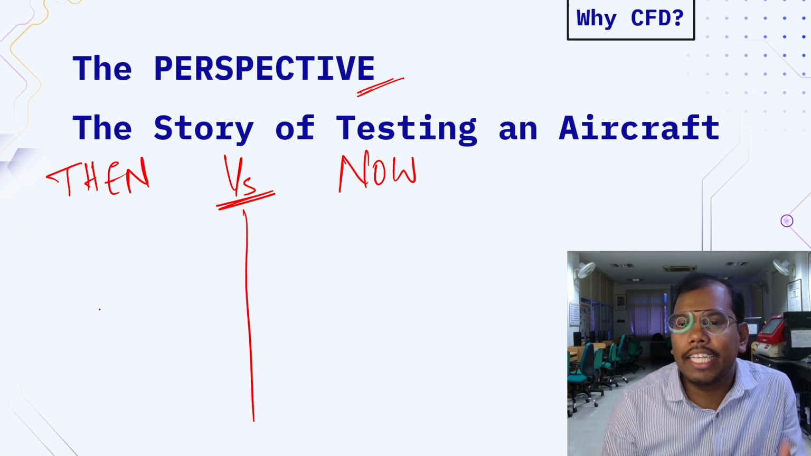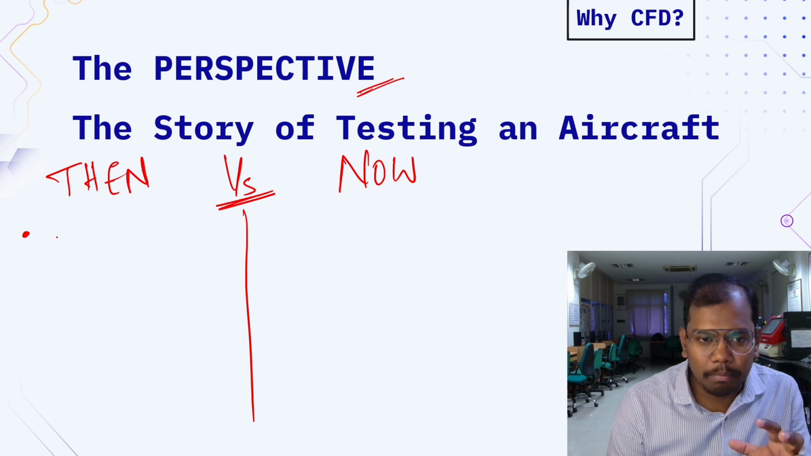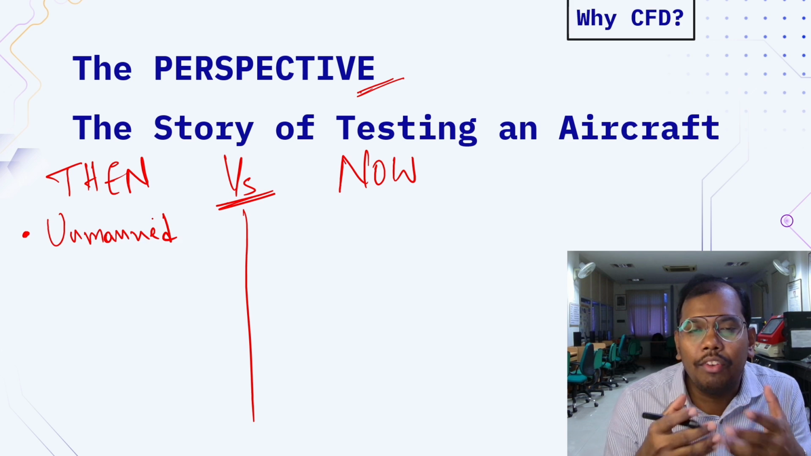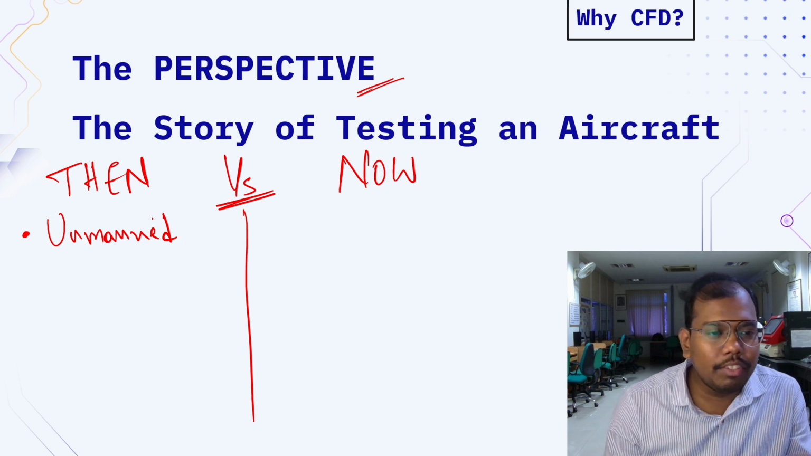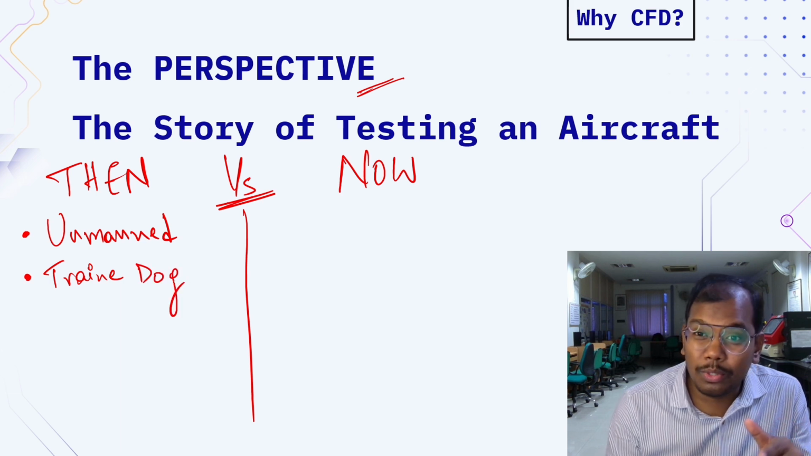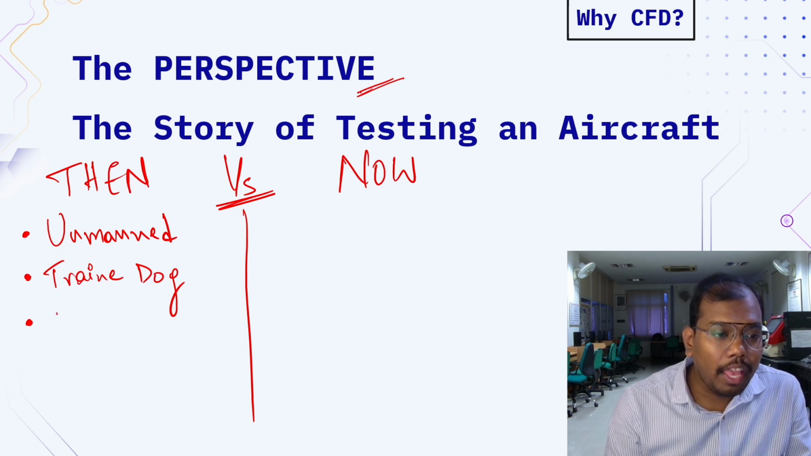If I have to test an aeroplane or an aircraft in the olden days, people used to send the first prototype in an unmanned manner. That is, they would send the aeroplane without a human in it, and if it works well and reasonably well, then they would go with a trained dog. They would use a trained dog to test it again. Then in the third phase, they would use a person,